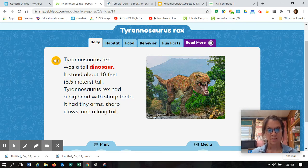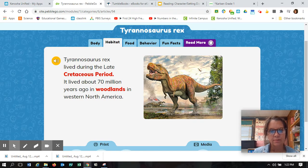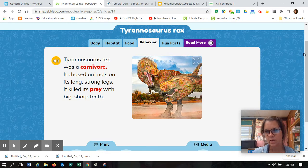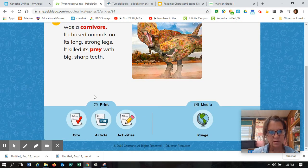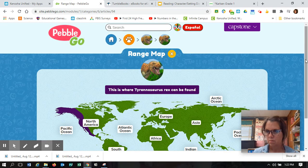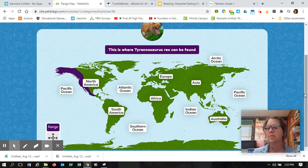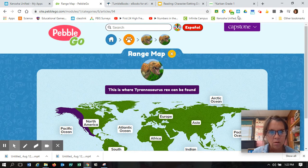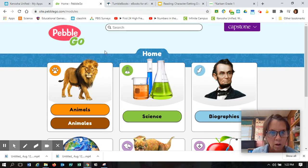Ooh, that's so interesting. It has tiny arms. They are really tiny. Holy cow. So you can learn about its habitat, where it lived. You could learn about the food it eats, the behavior, etc., all those different things. There's also down here media. That means you could go to maybe like a little movie or something. Okay, so looks like here it's going to tell you about where the Tyrannosaurus rex can be found. Okay. And then when you are like, okay, I'm done learning about the Tyrannosaurus rex, you could go back to the home